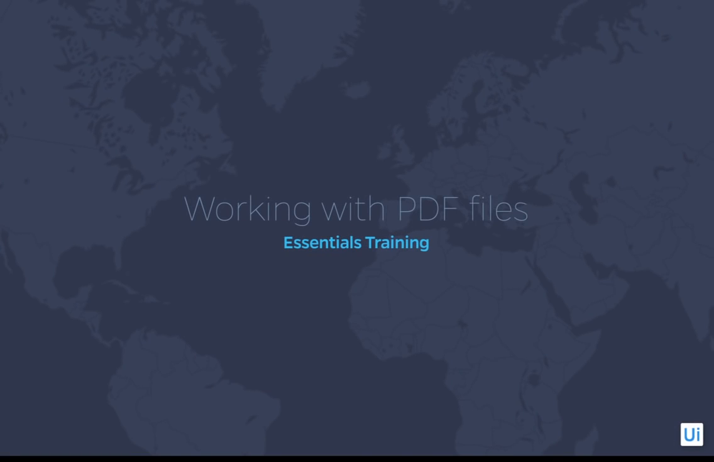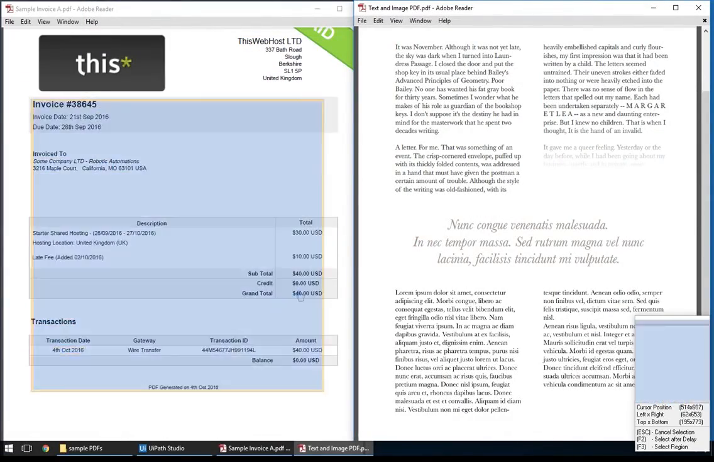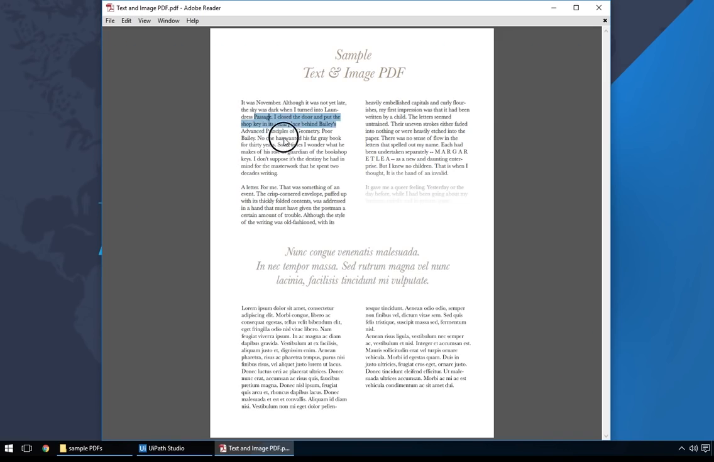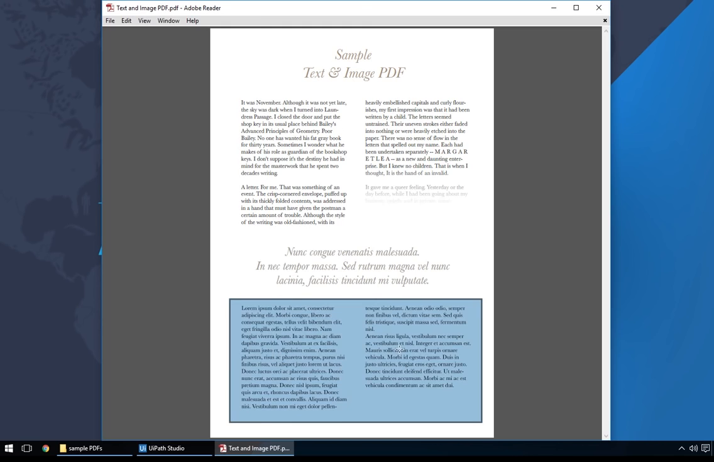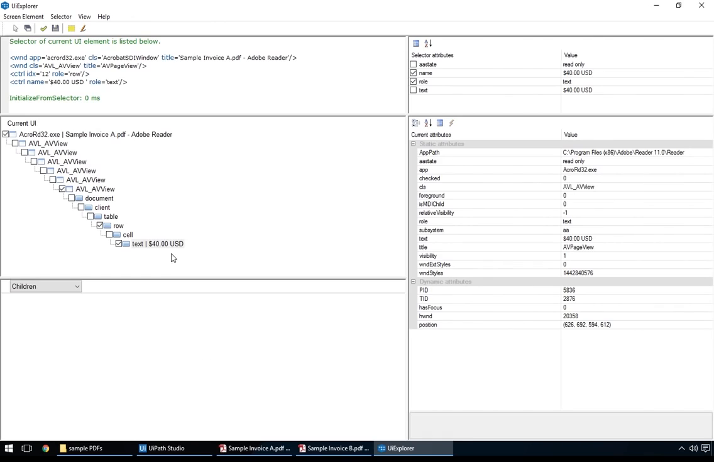Hello, and welcome to our specialized tutorial about working with PDF files. In this video, we'll take a look at specific methods of extracting data from this widely popular file format. Whether in native text format or as scanned images, UiPath allows you to navigate, identify, and use PDF data however